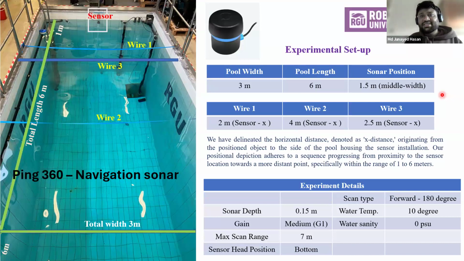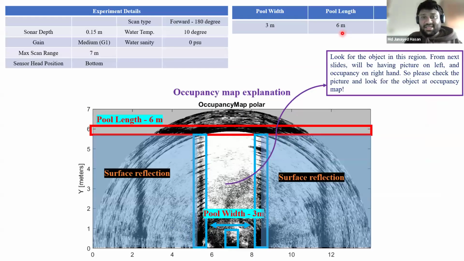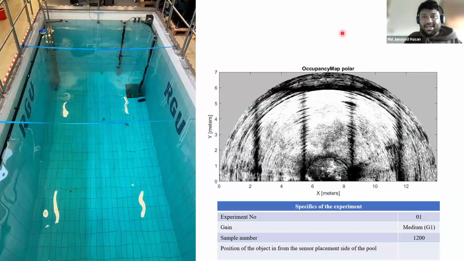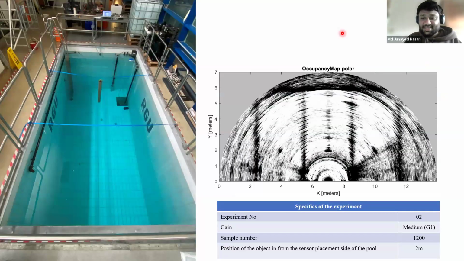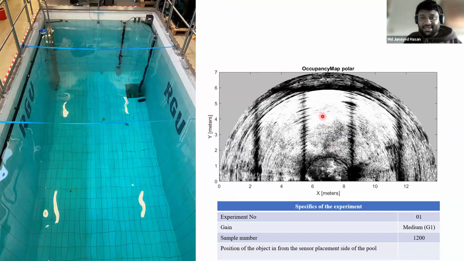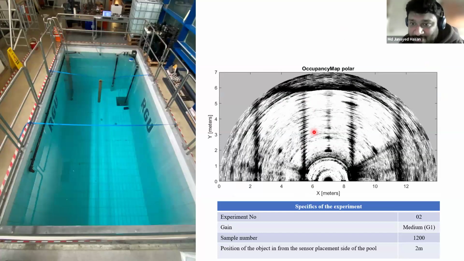Also with this small sensor, we did some experiments with Robert Gordon University. It's just a glimpse. I want to show how exciting the research and the practical work is here. We collected the data, and you see, it's pretty interesting. In this pool, there is nothing. It's an empty pool. So the sonar data looks like this. I think you guys have never seen sonar data, which is why I put it here.